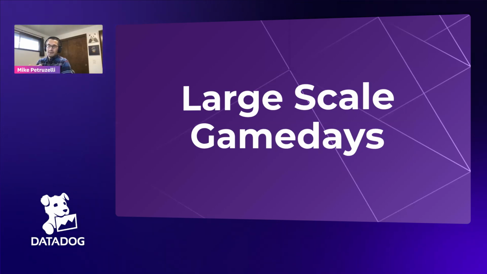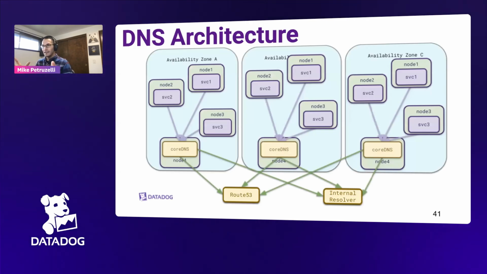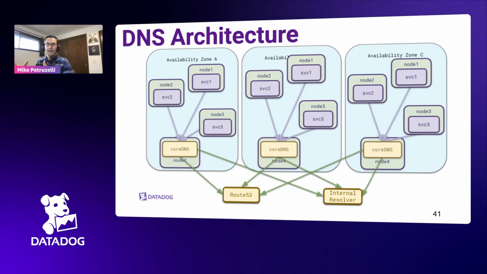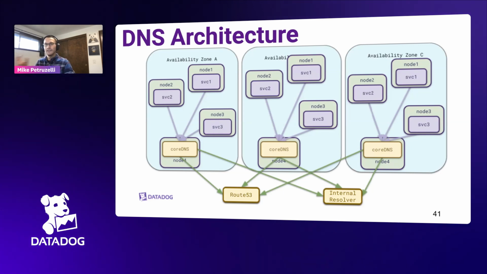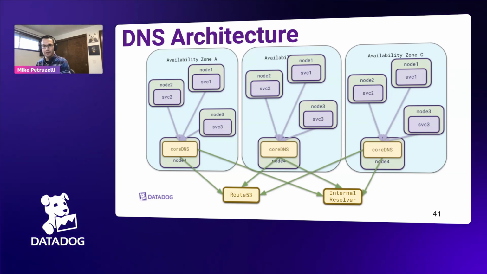Yeah. So if we stay in the theme of DNS, and we take a view at, let's say, a cluster with a container scheduler, if you run Kubernetes or another product, this probably looks very familiar. You have some service like CoreDNS, which is a pluggable DNS server with a lot of great features for forwarding in multiple domains. And then you have multiple resolvers. You might have a cloud resolver like Route 53. You might have some other ones like Elijah was describing. We have internal resolvers as well.